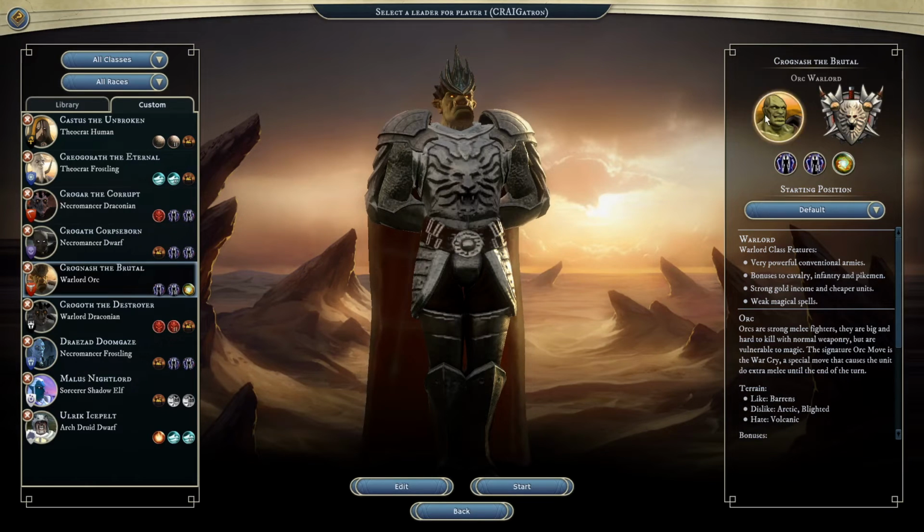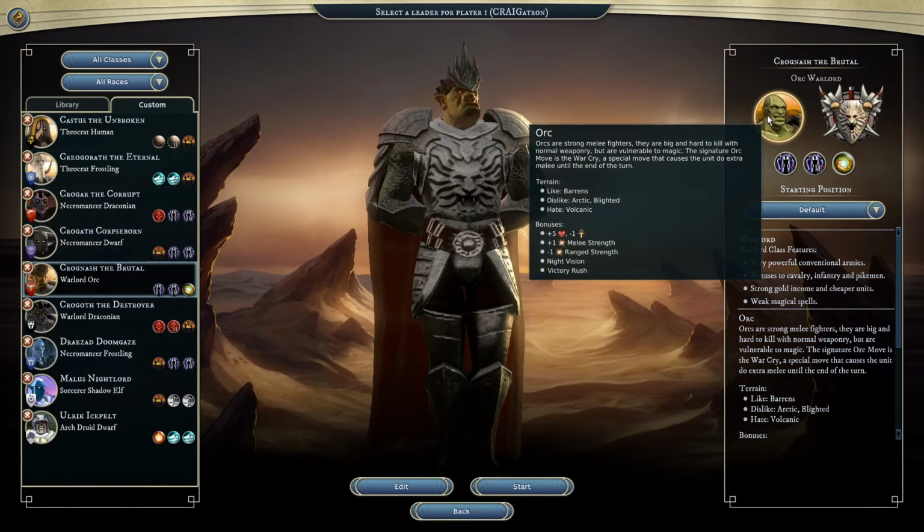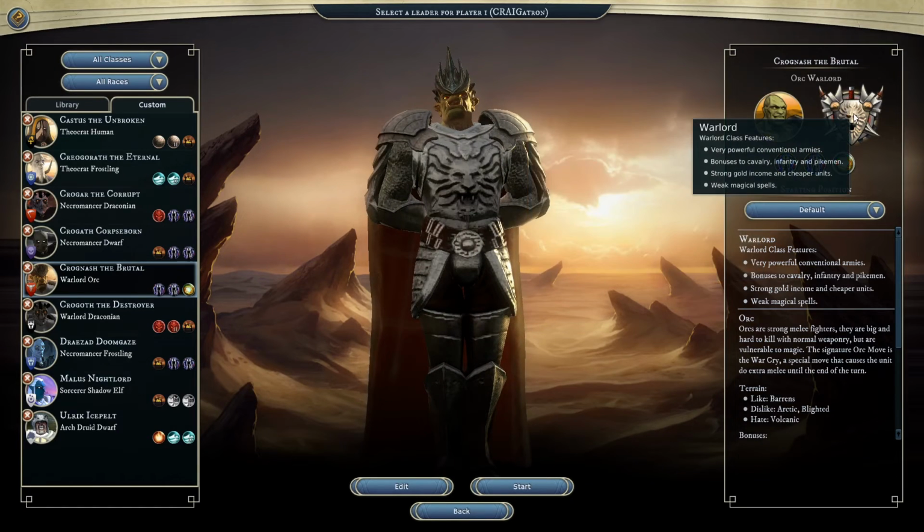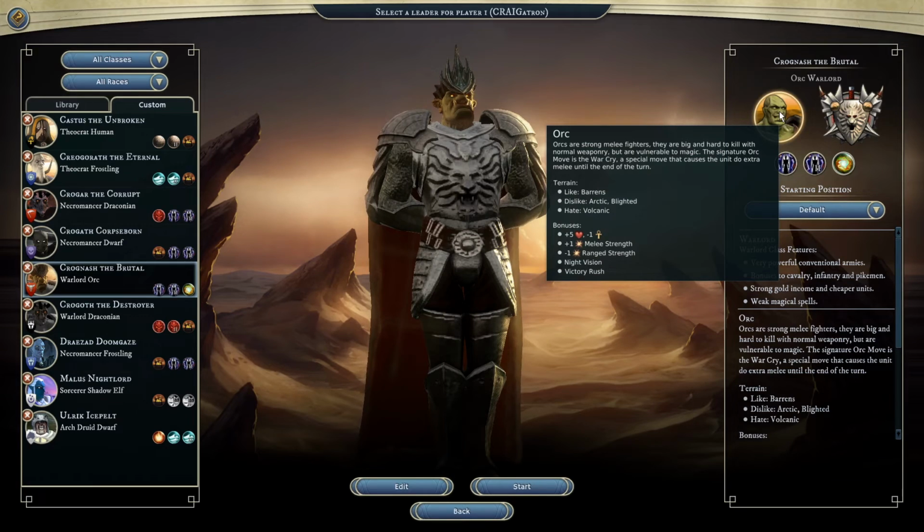In terms of playing as an Orc, it's a race that I haven't played as yet on the channel, and I was looking for a race that would pair well with Warlord, and I think Orcs do, and I'll explain some of my rationale for why. If we look at them here, we can see that they have extra health, so +5 to their hit points, +1 melee strength, physical damage there, and -1 range strength, again physical damage, but they do have night vision